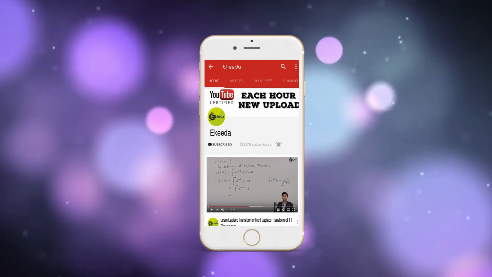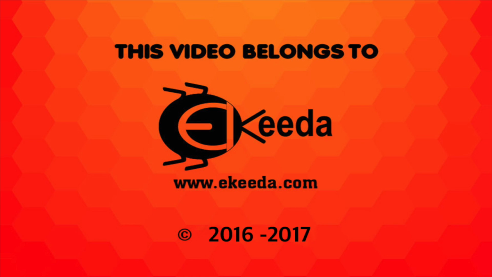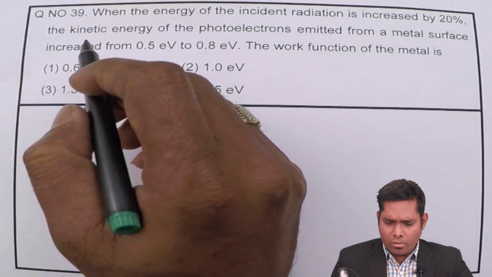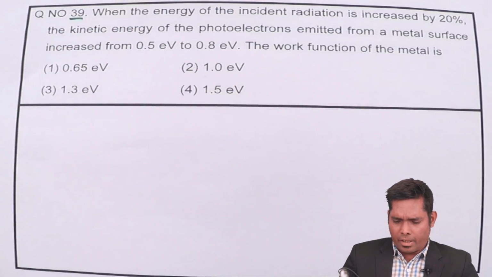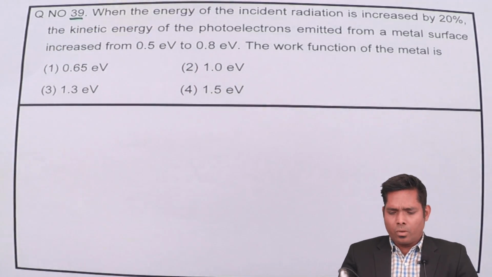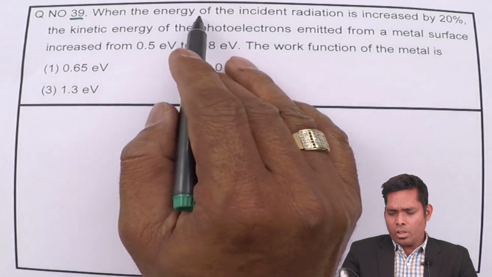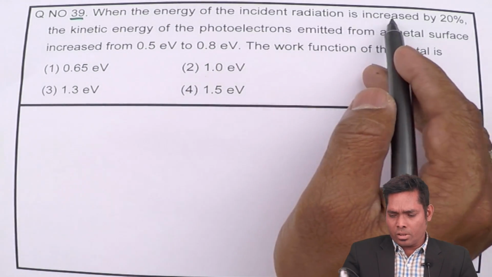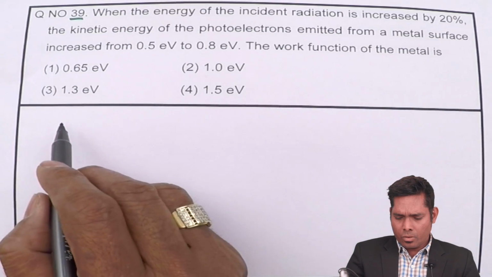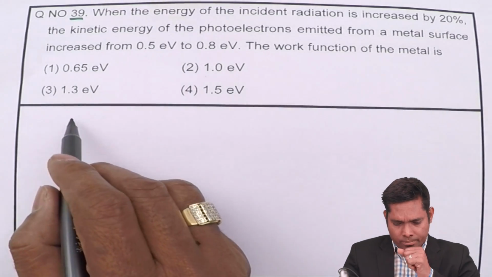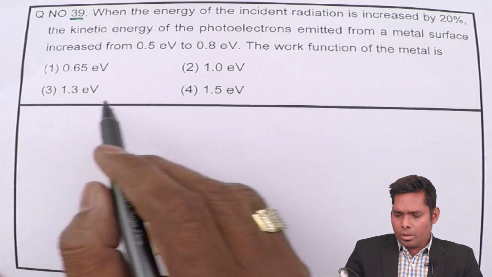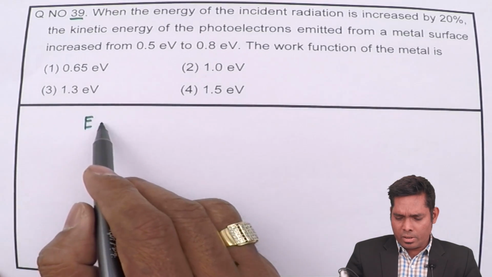Friends, let us move to the next question, number 39 of NEET Physics paper 2014. Students, let us solve the question number 39. It says, when the energy of incident radiation is increased by 20%,